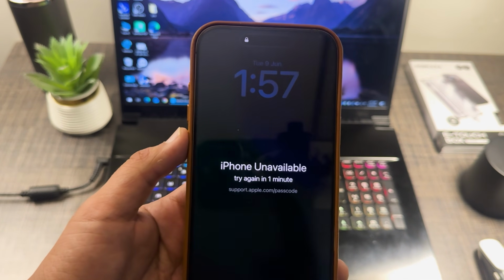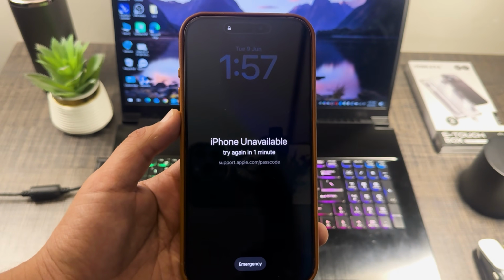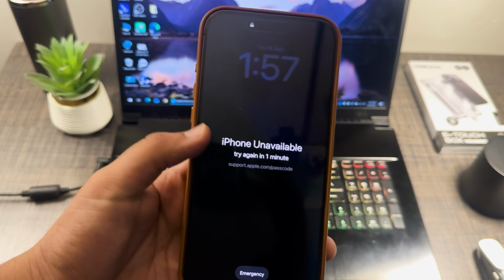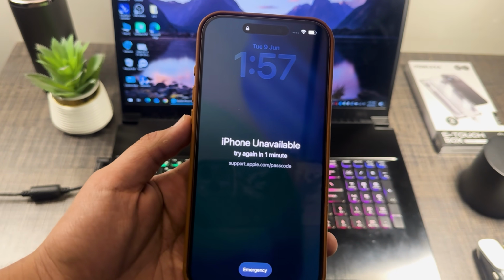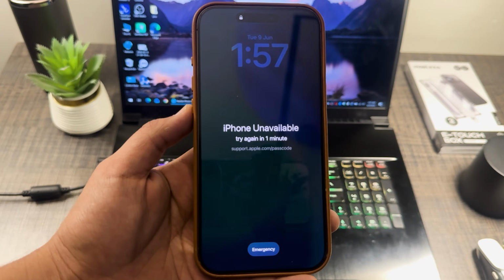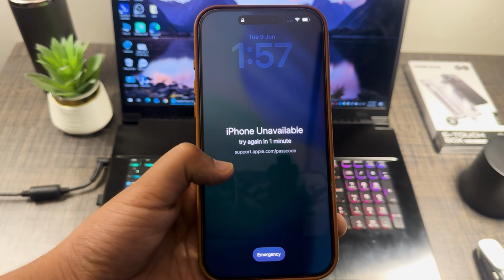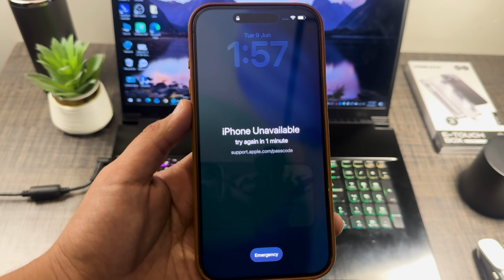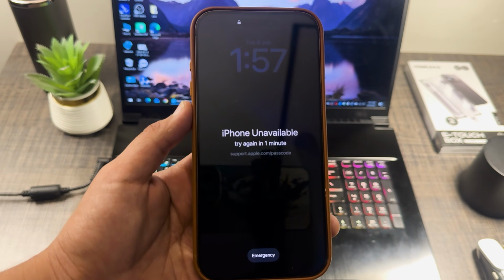If your iPhone is showing iPhone unavailable, Security Lockout, or iPhone is disabled, it usually means the wrong screen passcode has been entered too many times. Once the device reaches this stage, you may not be able to access the home screen, your applications, or your personal files. In this video, I will show you how to reset the unavailable iPhone and set the device up